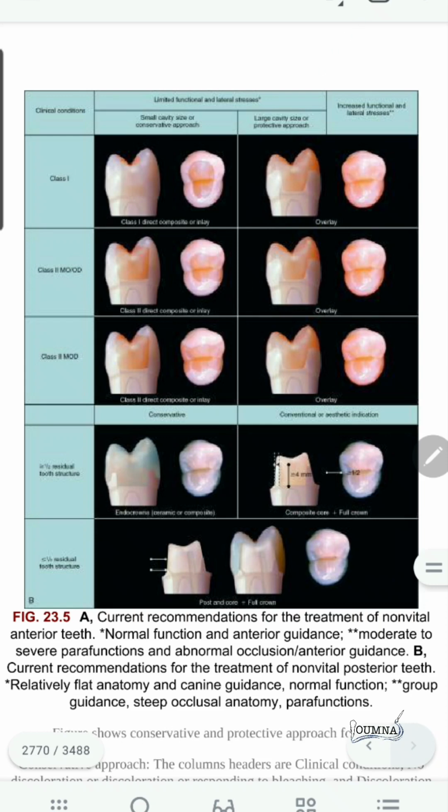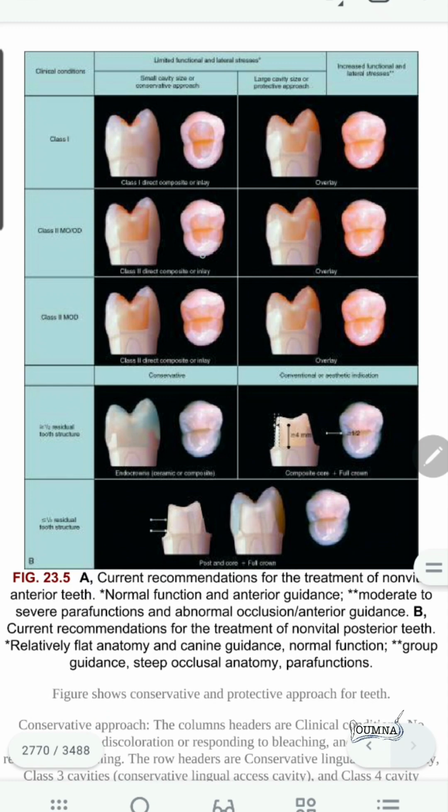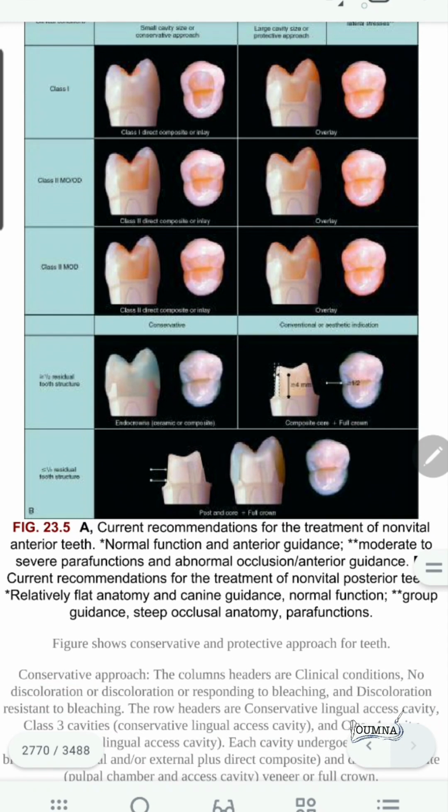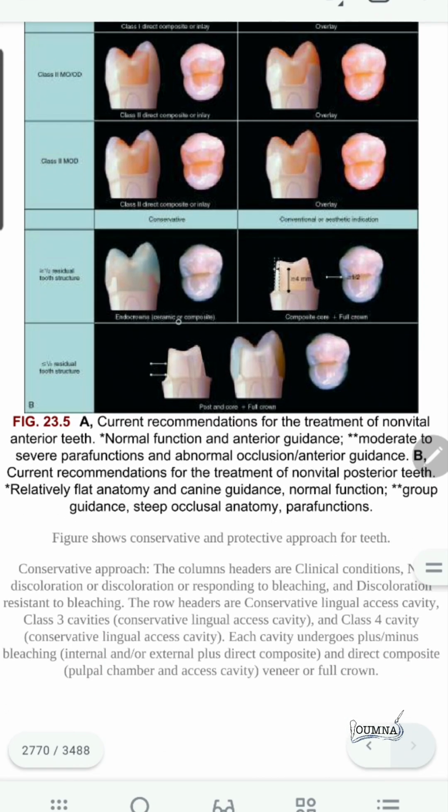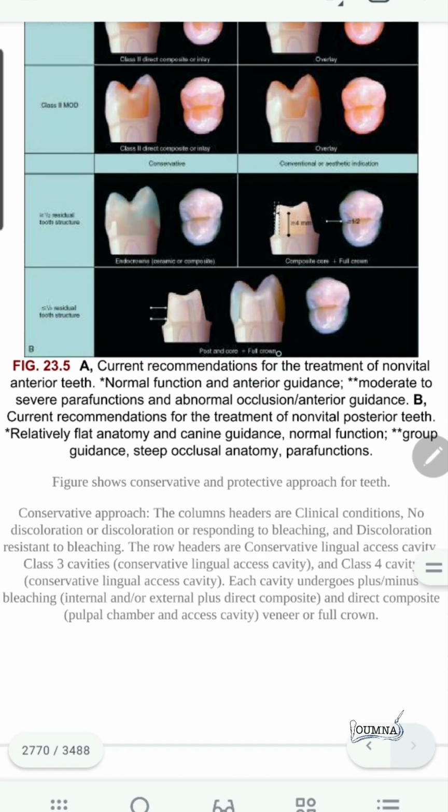If one proximal wall is lost, we can do an inlay or a composite restoration. If two are lost, we can do an inlay. If more, 3, we do a full coverage crown and reinforce it with a